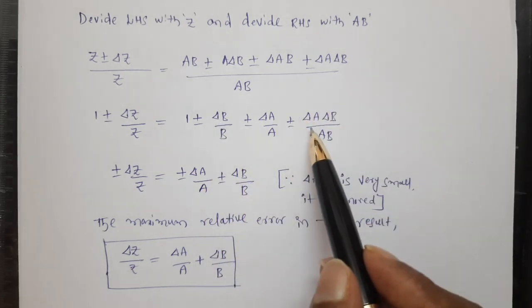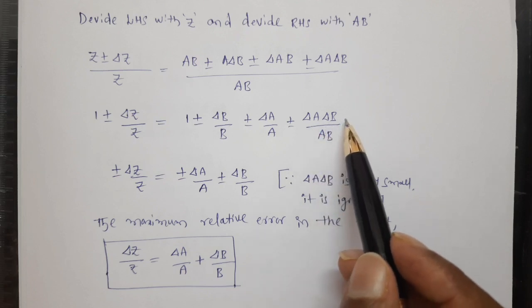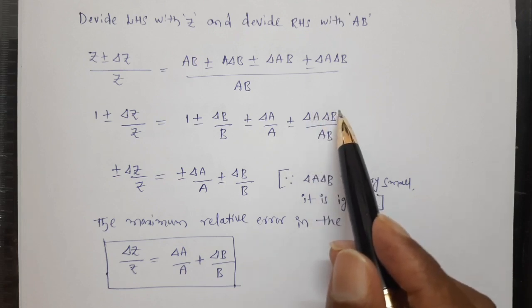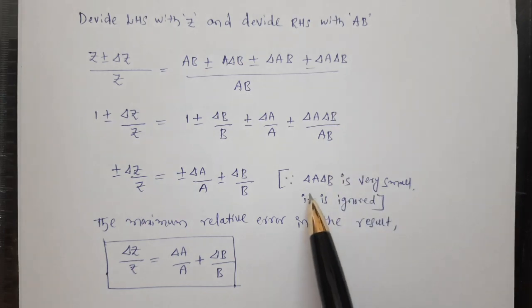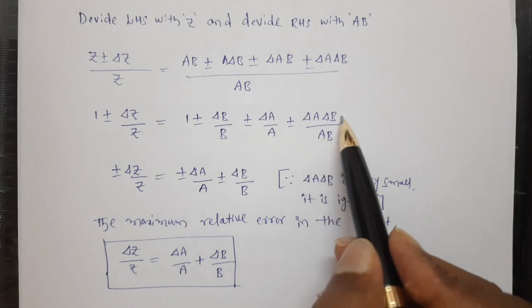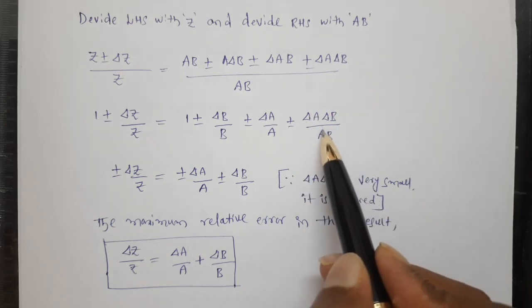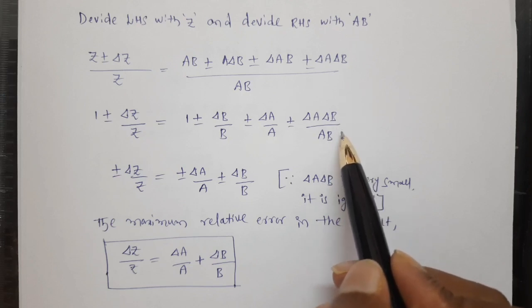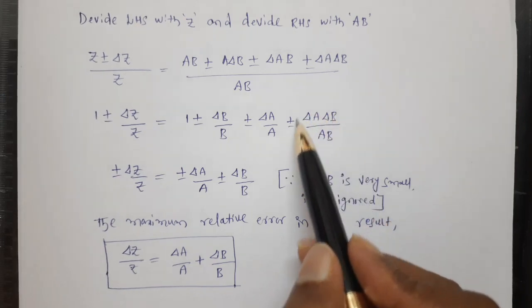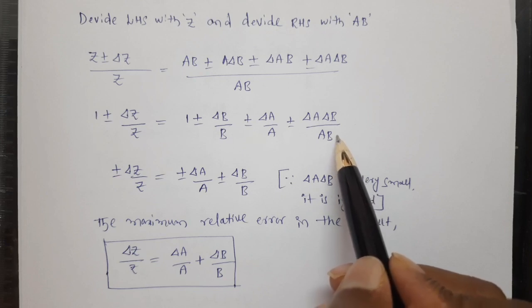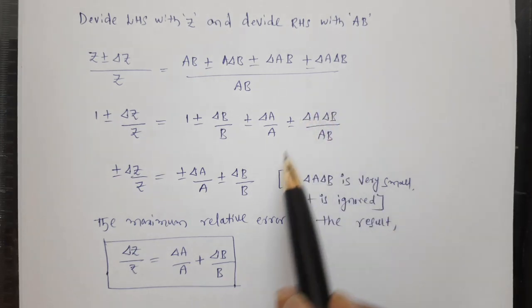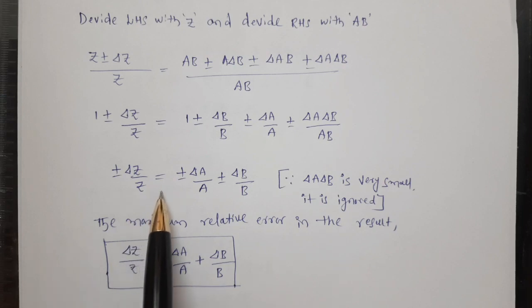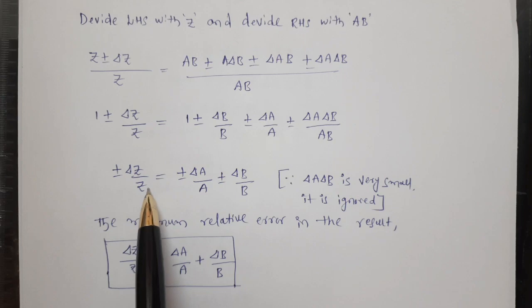this quantity. Here delta A and delta B individually are small, but then the product of these quantities will be very very small, right? So that is the reason why delta A into delta B is ignored. This quantity is very high and this quantity is very very small. When a small quantity is divided by a very large quantity, the value will be very very small and it can be neglected. So that's why we are neglecting this quantity, and finally we are getting this equation. And from this equation, the maximum relative error in the result,